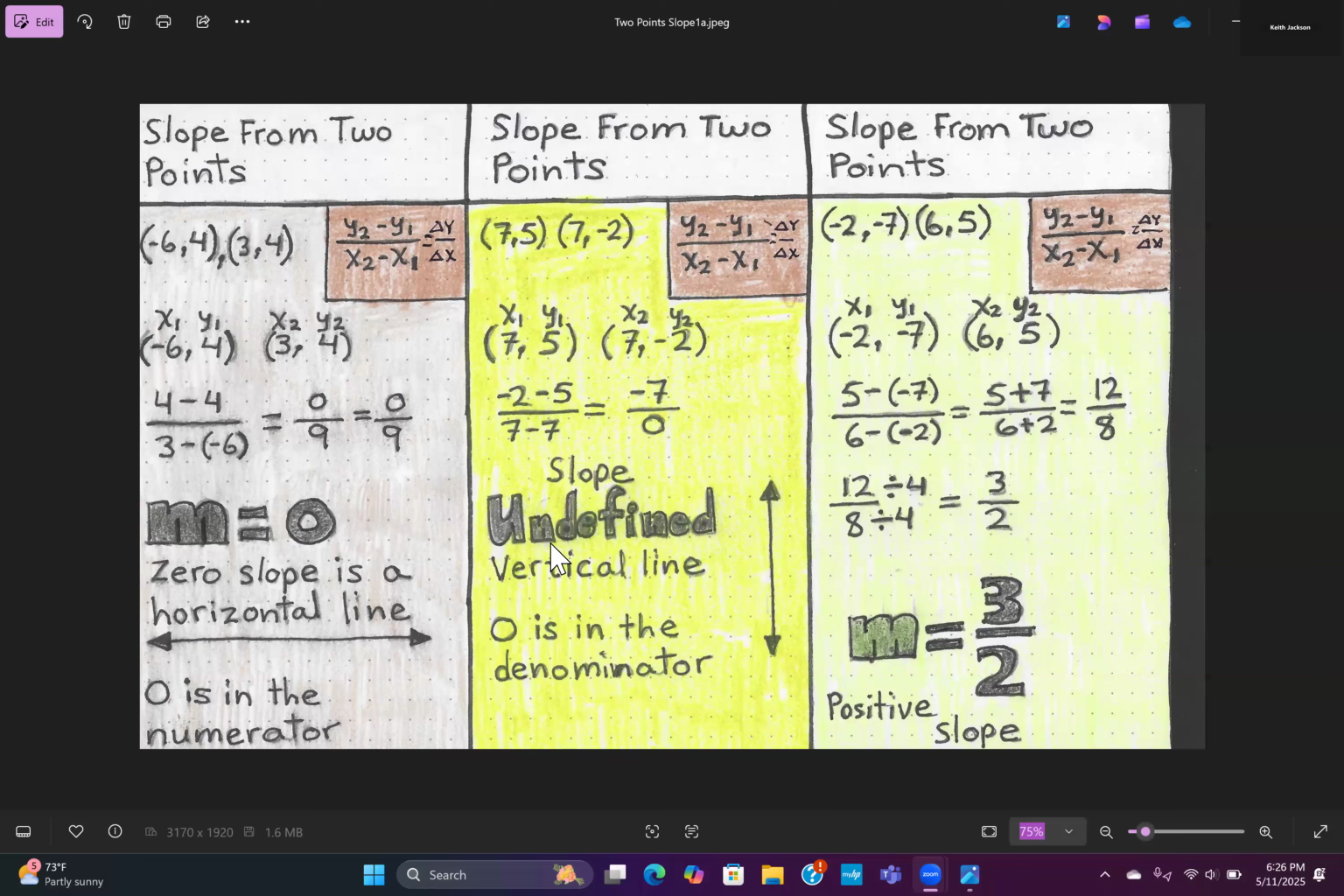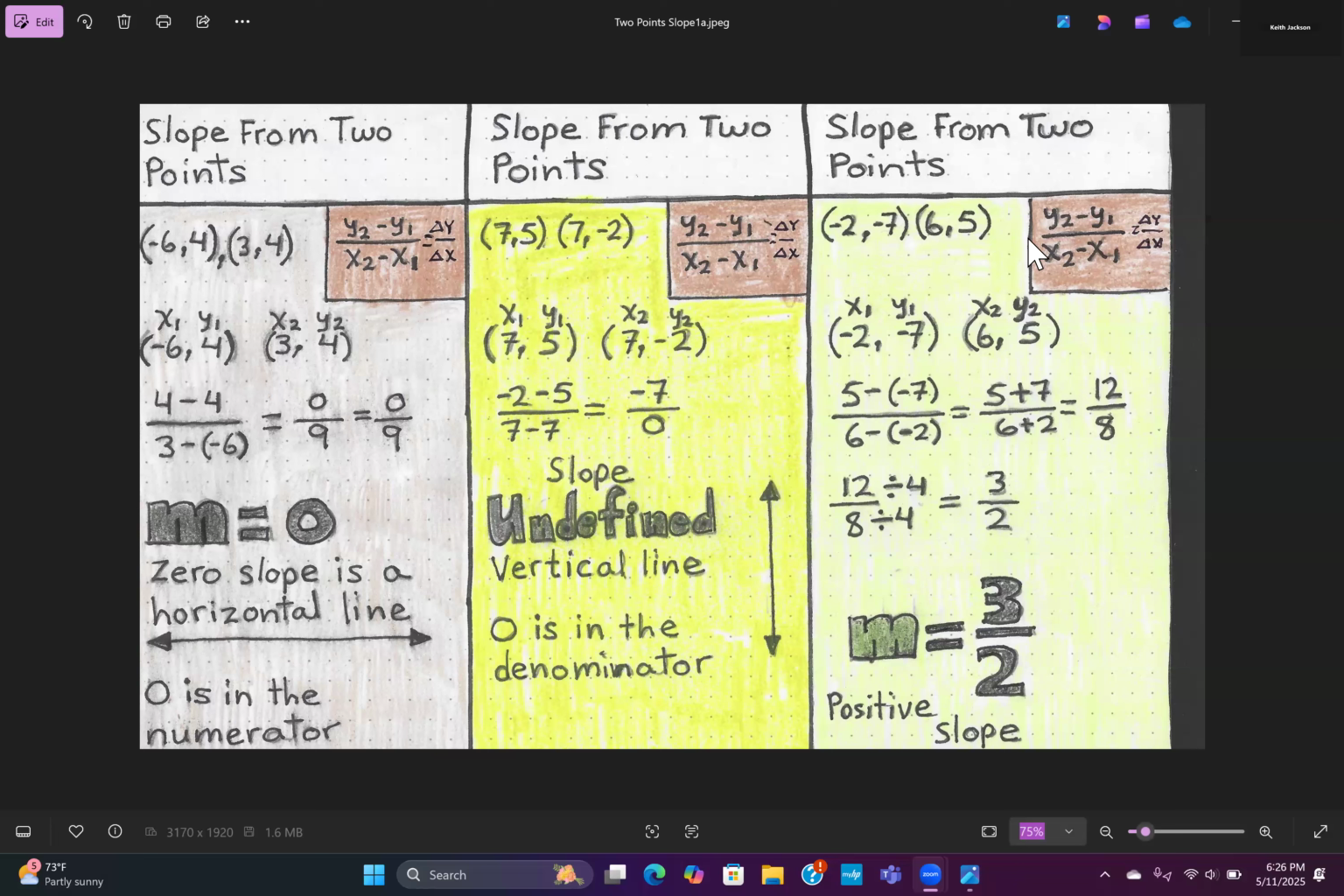So whenever you see a completely vertical line, such as this one right here, know that it is undefined because, again, 0 is in the denominator, which lets us know that you're going to encounter a vertical line with an undefined slope. And let's move on to our third big example in which we have -2 comma -7 and